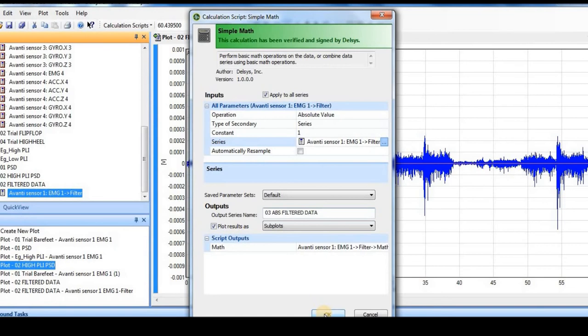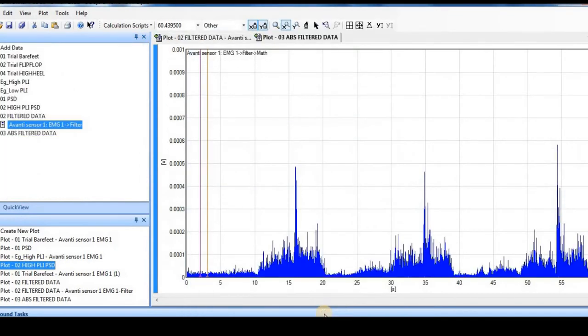I can see all the values are above the baseline because the data has been rectified, and you can see that it has come in this box also with the name 03 ABS filtered data. So now this is our rectified data, and in the plots you'll find several plots are available.